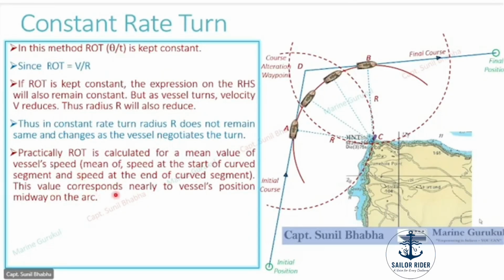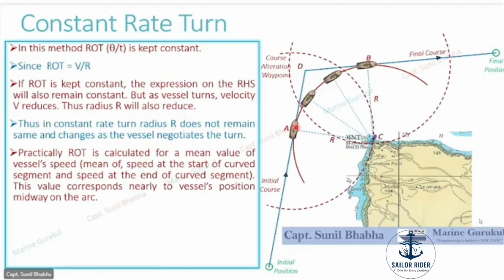This value basically corresponds very nearly to the vessel's position midway on the arc. So you will see for some part of the arc the speed will be more than 11.5, and for some part of the arc the speed will be less than 11.5, and the vessel will be moving very close to